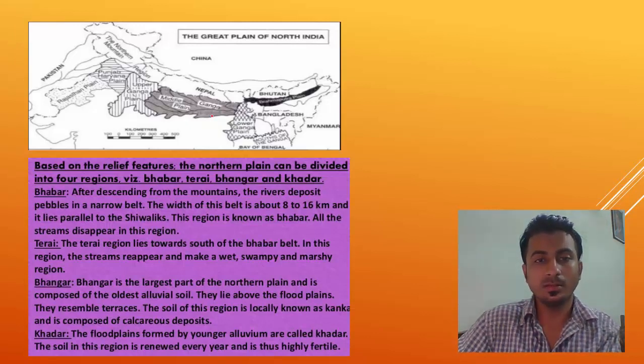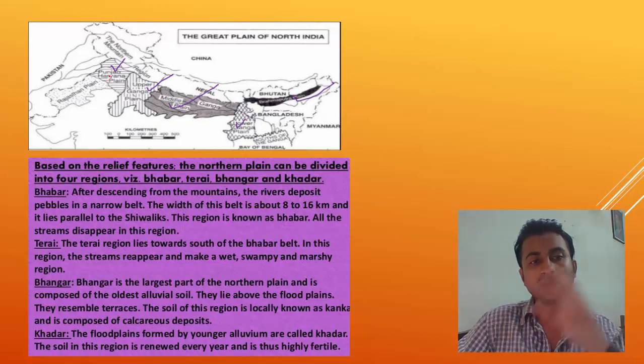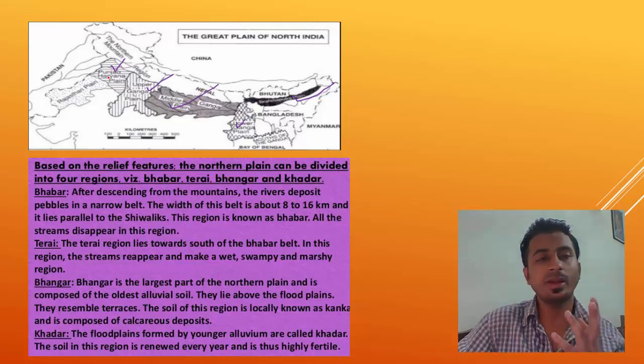See, this is a better map from where you can remember the plains. So this shaded portion is Punjab Haryana plain. This is Upper Ganga, Middle Ganga, Lower Ganga, and this is Brahmaputra plain. So try to visualize the map and you can remember it in your mind. It will be easy to write down the answer if you know the map.